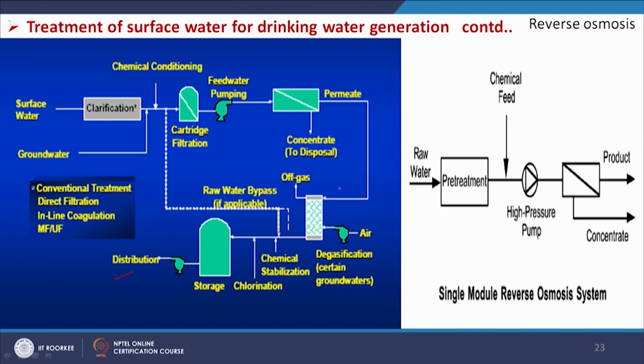So, this part which we are considering here is reverse osmosis. In this case we send the water through a high pressure pump, and then some membranes are there. So, here we get the concentrate and the product. This product is free from all pollutants, and this is the concentrated one. So, this is our interest, we are interested in getting this one, which will be further